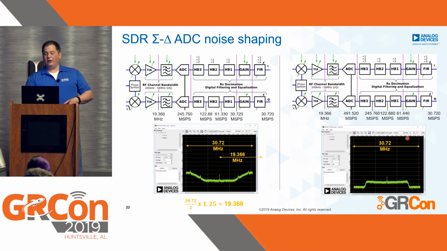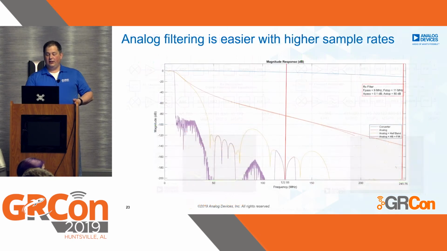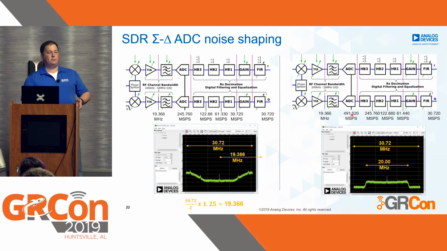And so we still have our 30 megahertz of information coming back. But we filter that to 20 megahertz because that's all we're really interested in. And then when it comes to the aliasing, now our aliases happen at 245. That's half the sample rate. And they're at minus 140 dB of suppression, so you won't see anything aliasing back. So making sure these radios are actually set up properly is super important to your system, and you're ensuring that your signals are going to be the best they can be.